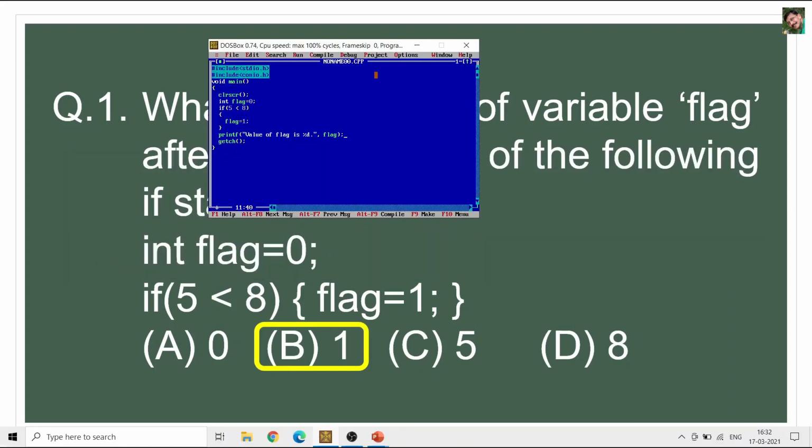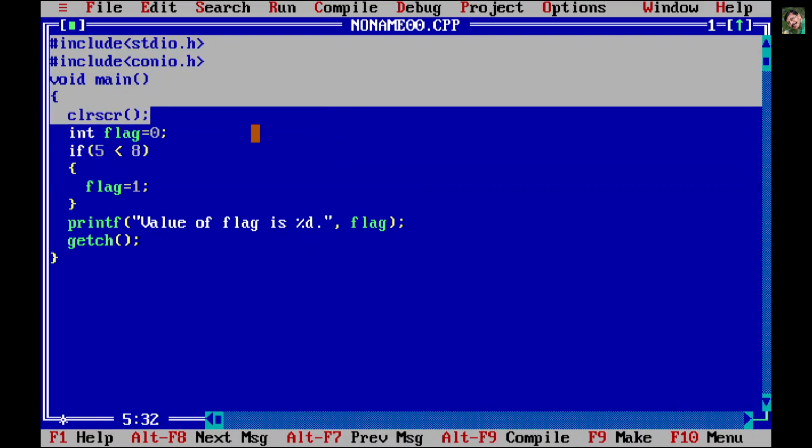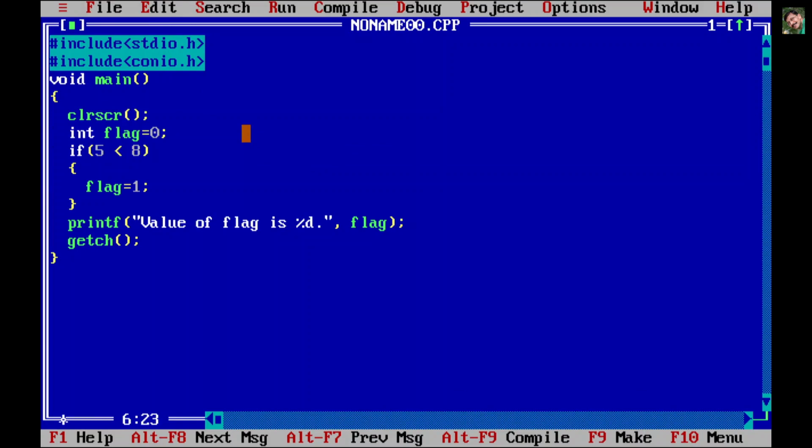We'll go to the C program, which I have already written. As you can see, all these things you must write in every program. You include the standard IO package header file, the console IO header file. We start with void main and clrscr, and then we take an integer variable flag = 0. If 5 < 8, which is correct, the condition is true, it will come inside and change the value of flag to 1.